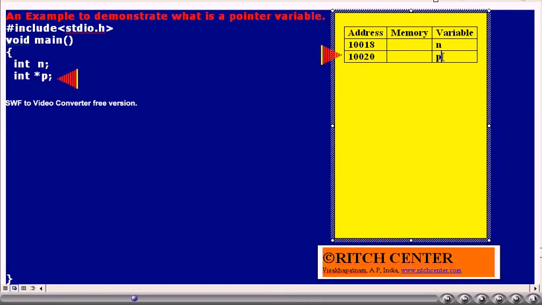As most operating systems are 32-bit, for any pointer variable 4 bytes of memory will be allocated. Thus, for this pointer variable p, the memory cells allocated are 10020, 21, 22, 23.